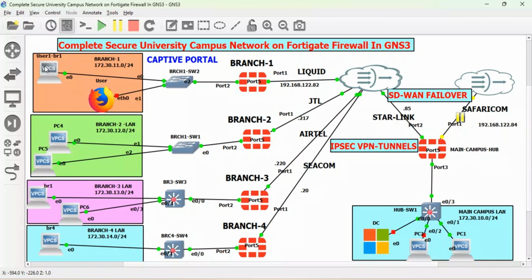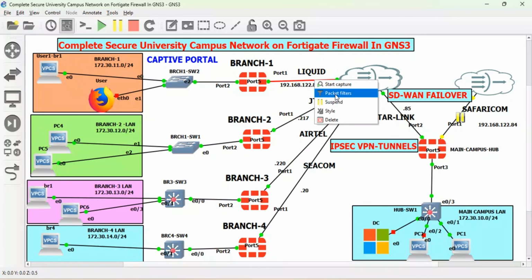So this branch can comfortably communicate securely through the automatic IPSec tunnel that was created between that particular branch and the main campus. If I try to capture the packet at this point, because this is the outgoing,